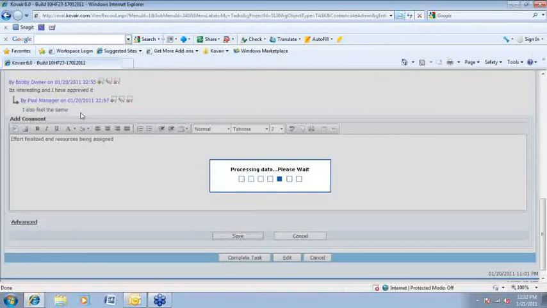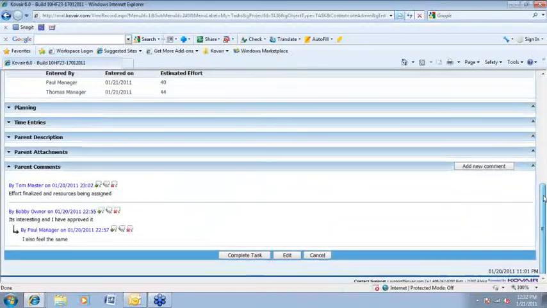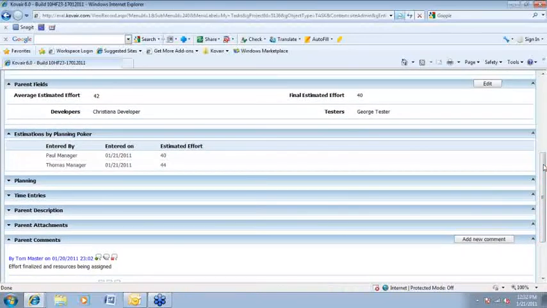So with this, Tom completes the task, and at the same time, I forgot to mention earlier that here is also the grid available in a read-only mode for Tom to view the estimates provided by Paul and Thomas, so that he can get into a discussion with both the users and understand why they have provided the estimated effort. Now this is a very simple way of entering all the different kinds of estimations in a planning poker